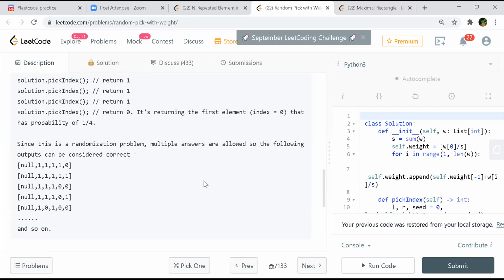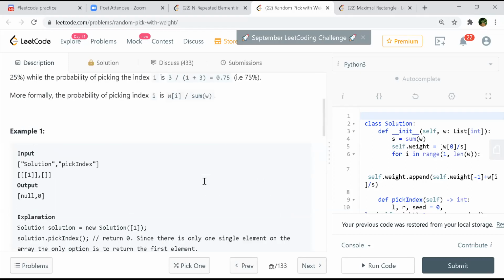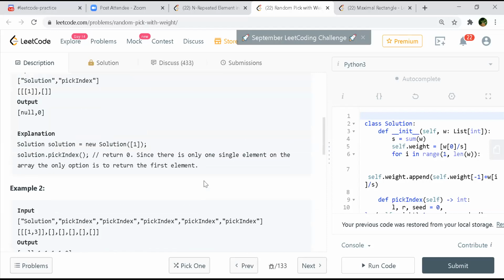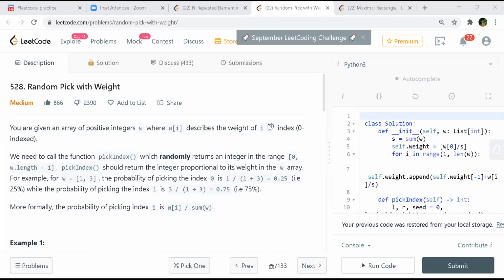We'll have multiple answers to this. So it's like generating all the possibilities, right? Probabilities, and then take the cumulative sum of that, and generate all the possibilities depending on that. If you just scroll up a bit, he's saying that you form a cumulative sum right here, more formally.